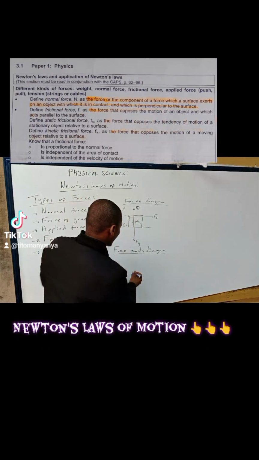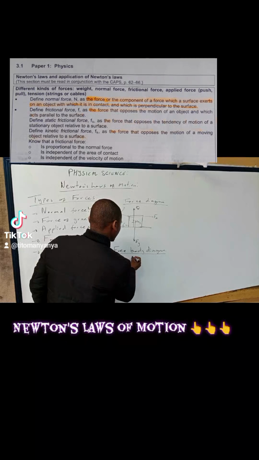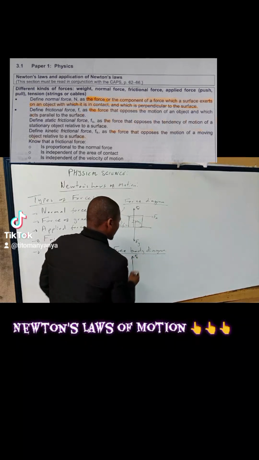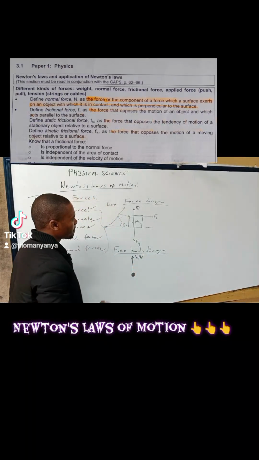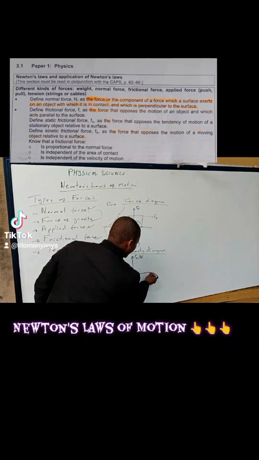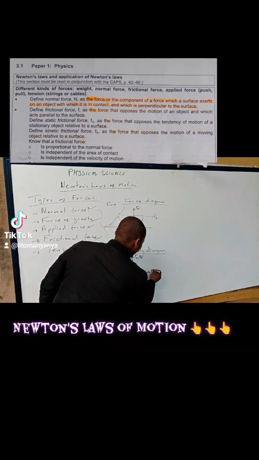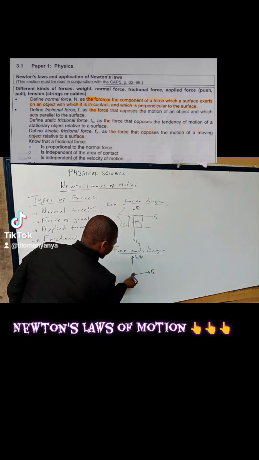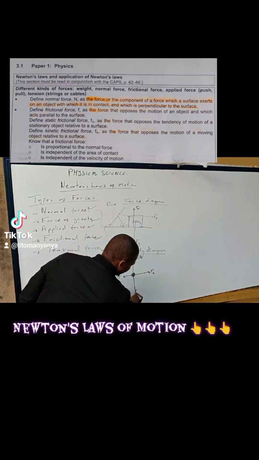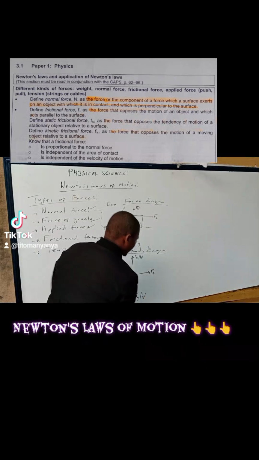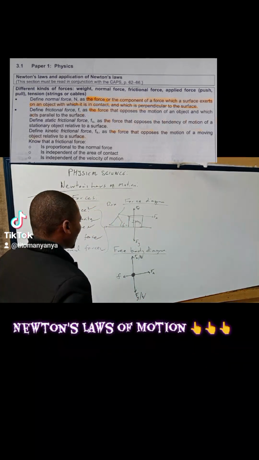And the normal force is moving away from the dot. You can write F subscript capital N, or capital N, normal force. And then the force applied will be in this direction here, and the friction pointing in the other direction. And then force of gravity pointing downwards, or you can simply say this is weight W. Alright,